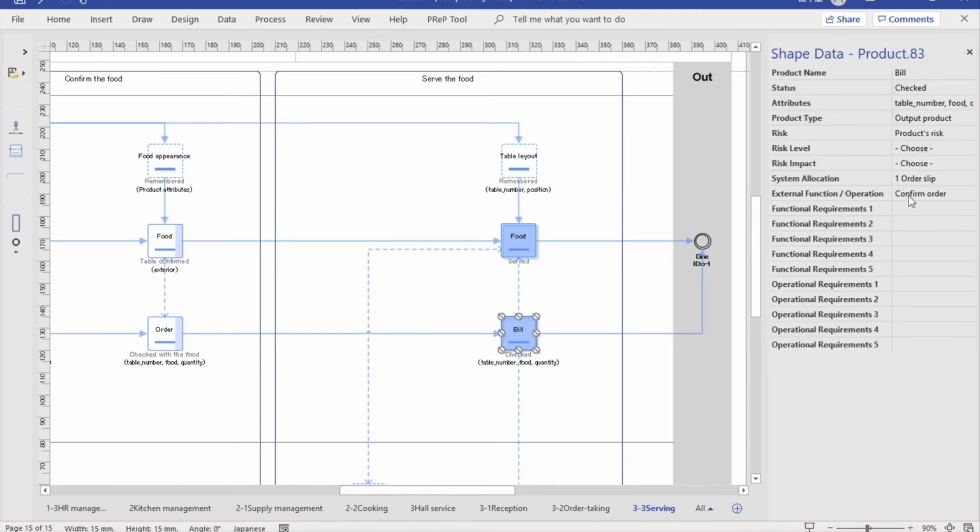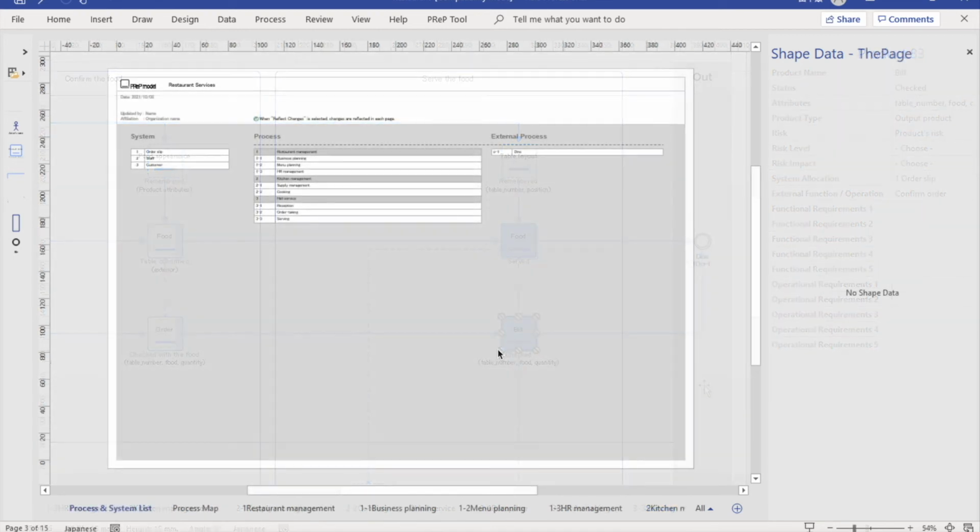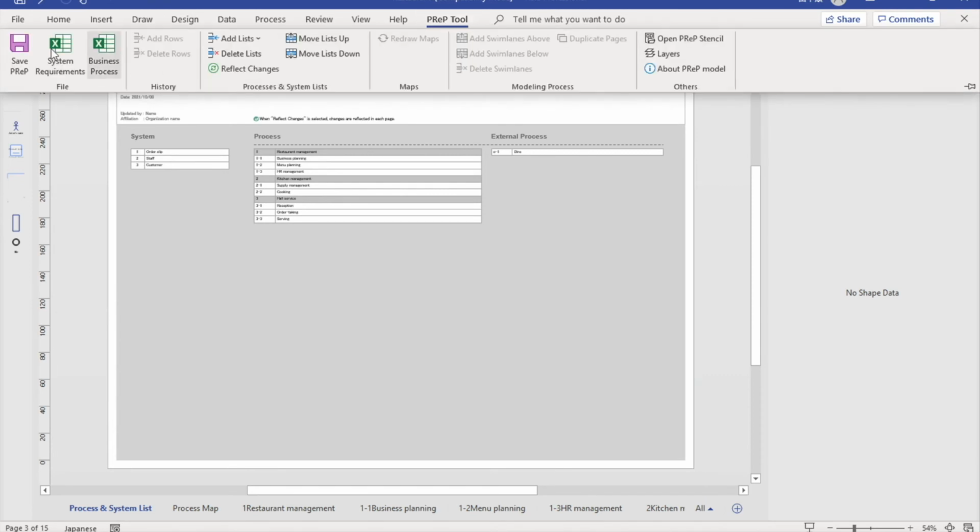By allocating systems and defining functions for other products, we can define system requirements that map the structure of the operation. Once the process modeling and the system allocation are completed, the tool can automatically create the system requirements definition document. Let's output the system requirements definition document. Click on the System Requirements button